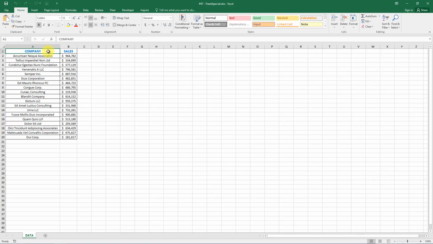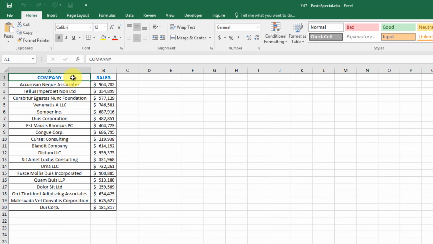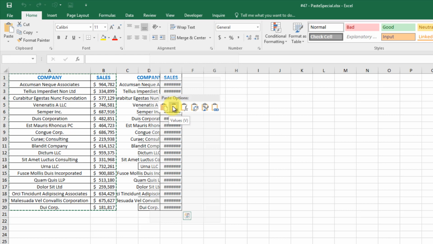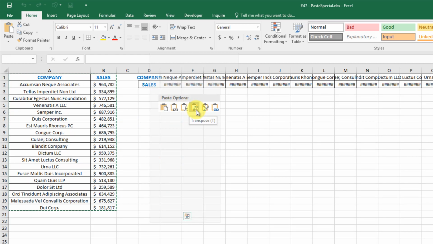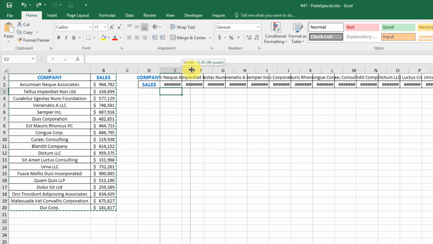The Paste Special feature is very powerful and yet very few Excel users use it. There are 2 basic ways to see the Paste Special options. Look at this range with values. Highlight all of them and copy them. If you right-click on an empty cell, you will get a lot of options. Select for example Transpose. The Transpose option can switch rows to columns or columns to rows. Undo with Ctrl Z.